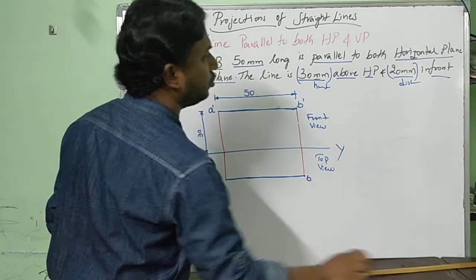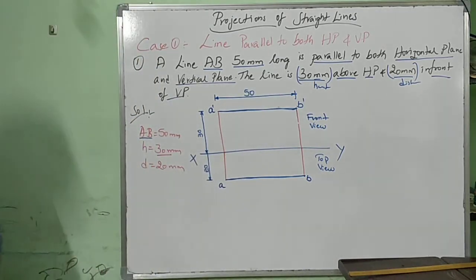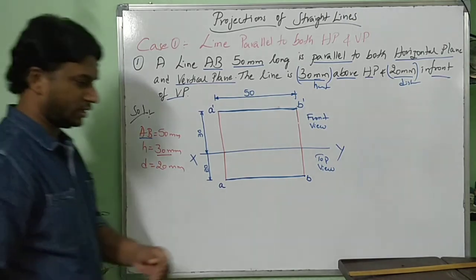A line parallel to both the planes, both HP and VP, right, at a height h and distance d. Height of 30 mm, distance of 20 mm. Hope you all understand. Simple. Once you understand this, everything remaining will be easy for you to follow. Right? Remember always,